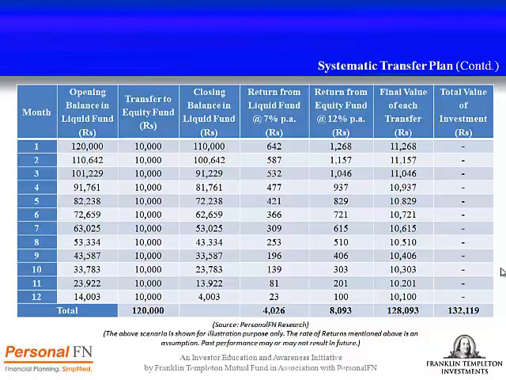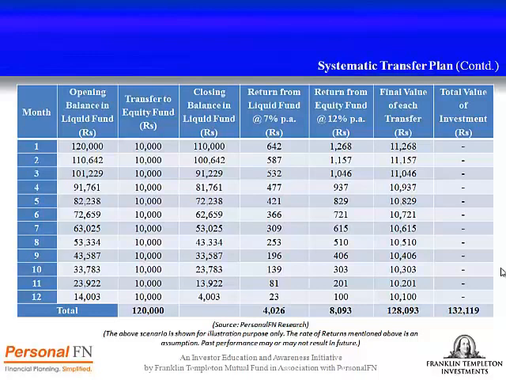Through STP, the entire rupees 1.2 lakh can be invested in a low risk liquid scheme of the mutual fund house of whose equity scheme you wish to invest in. So here in the table we can see that rupees 1.2 lakh invested in a liquid fund is gradually transferred to an equity fund over a period of 12 months. At the end of 12 months, the rupees 1.2 lakh transferred to the equity fund, which we assume to have grown at the rate of 12%, would appreciate to 1,28,093,